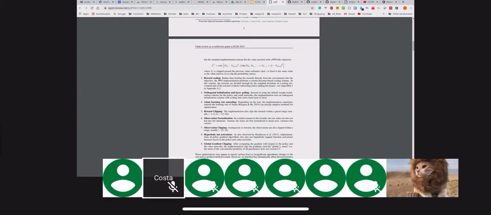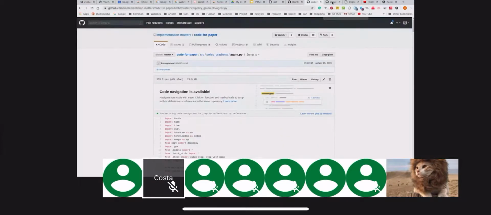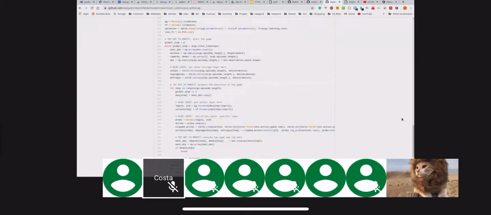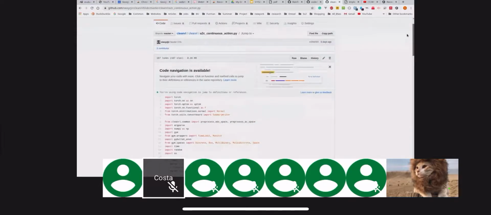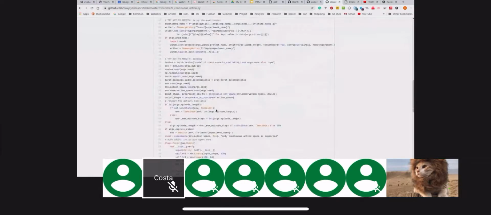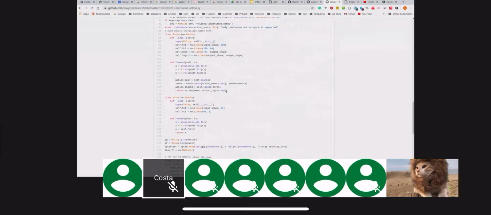Personally, when I was dealing with a continuous action space, it's always very difficult to debug. And when I look at PPO's implementations or a lot of other people's implementations, they always do things differently, and they have various code level optimizations or tricks. So for example, with A2C, this is the A2C continuous script. With A2C, one thing that I found eventually made it work was to make the